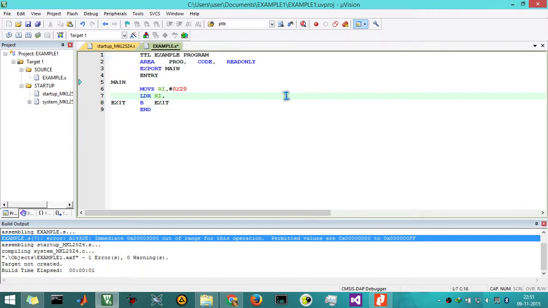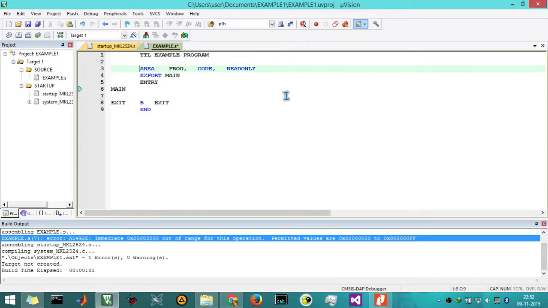As we all know, these addresses are of 32-bit capacity and they cannot be directly stored into a register. For that purpose, we have some instructions called assembler directives. So now we are going to see some assembler directives that are used in our microcontroller code.